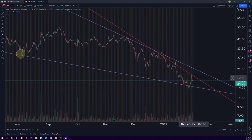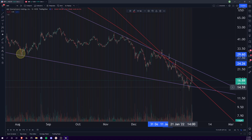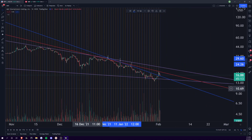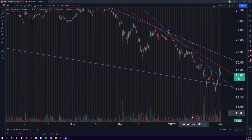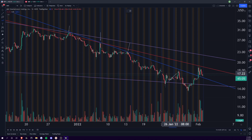So I'm saying all that to say that hopefully this is doing a good job of explaining this. But basically, the way this works, especially in a super macro move like this, is that it does get a little tough, because what you do is, right, you test this resistance, boom, you get rejected down, and then boom, you get your breakout. Now you have to come back and retest this, but then when you retest that, and eventually you could break out of this,